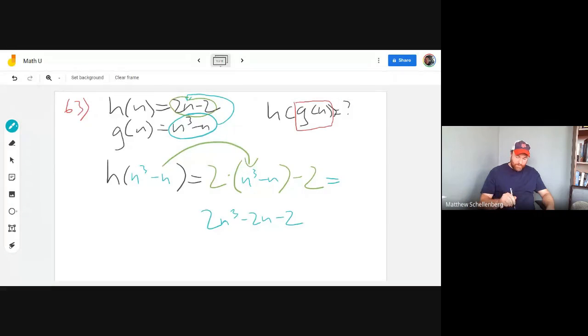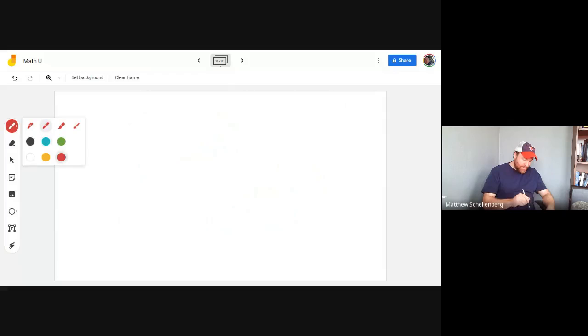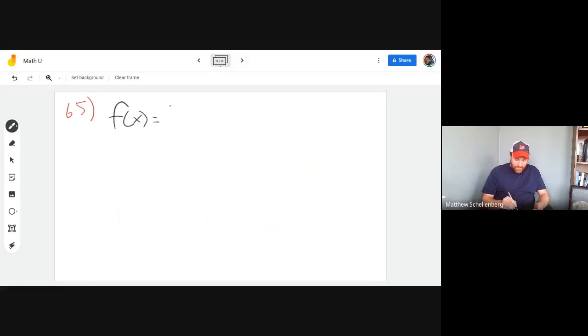65. Again, try these on your own before I do them. 65 says f of x equals 3x plus 4, and g of x equals minus 2x cubed minus x squared. Just double checking everything's copied down correctly. Good. So they want f circle g